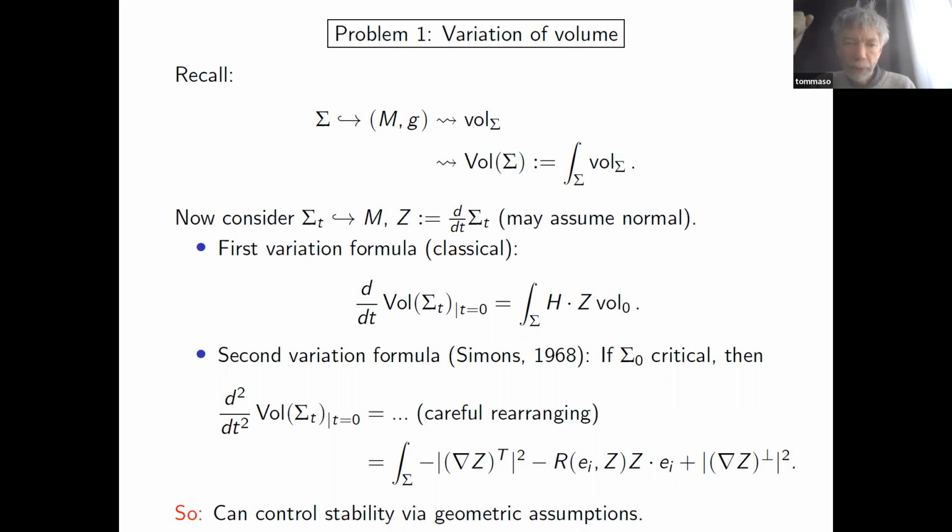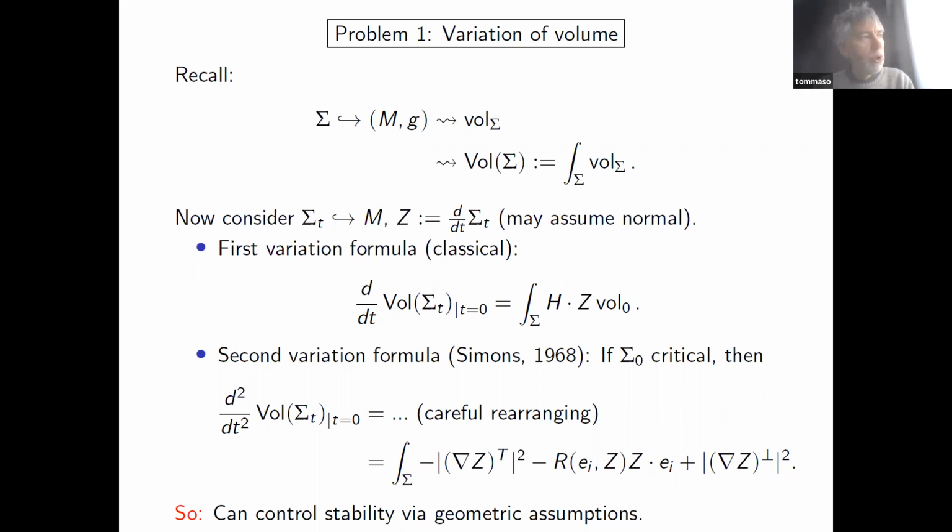And so what you have to do is take those pieces and put them together in a smart way to create larger pieces that do have geometric meaning. And so the final formula that you get, you see on this page, contains, for example, the Riemannian curvature of the submanifold. And so the formula now shows that you can control the stability of a submanifold using the curvature of the ambient space.